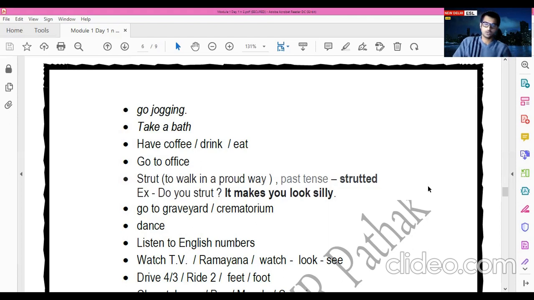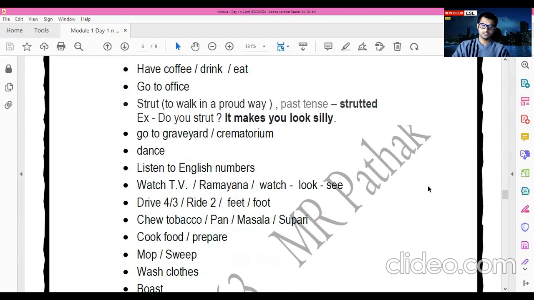Now come to the next one, and do you drive? What's the difference between drive and ride? Please remember, it's not a formula and it's not a universal truth, but you can remember a simple trick. Generally with four-wheelers and three-wheelers, you can use drive, and with two-wheelers, you can use ride. In a simple way, you can remember it. Otherwise, in the grammar session, you can have different tricks and different rules to remember it.